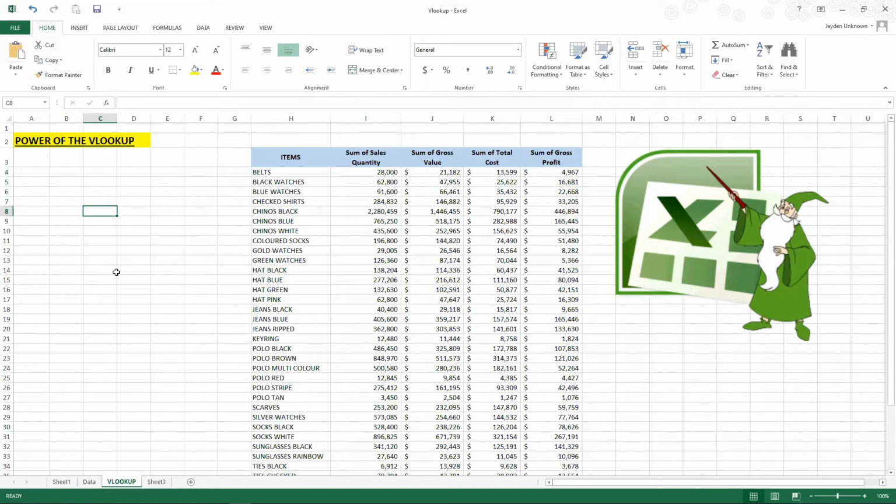Hi everyone, today I'm going to show you the power of the VLOOKUP. Today is going to be very important. I'm just going to show you the function VLOOKUP as well as a few tricks to keep in mind